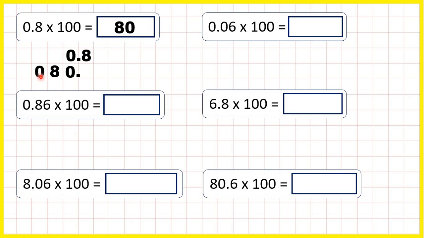All this 0 tells us is that we don't have any hundreds, but just writing the number 80 tells us that as well. Now the reason we move the digits 2 squares across when we multiply by 100 is because multiplying by 100 is like multiplying by 10 and then by 10 again. We know that when we have 10 of something, we move to the place value column to the left. So when we multiply by 100, we're multiplying by 10 and then again, so the digits are moving 2 squares